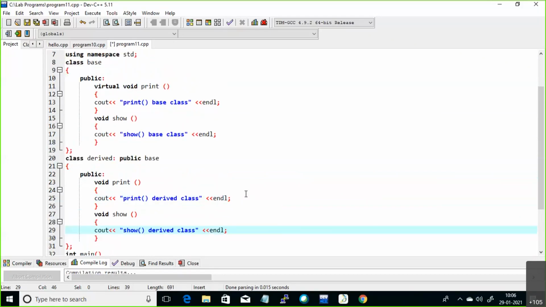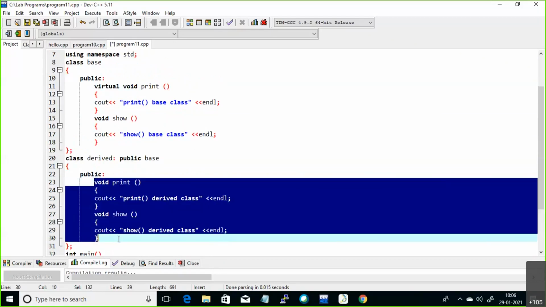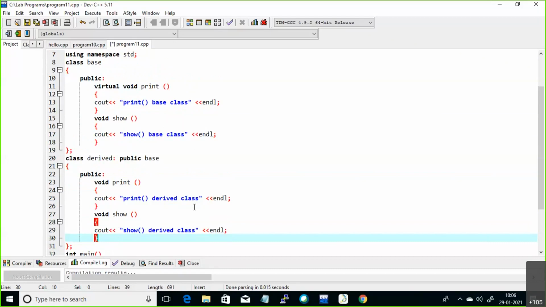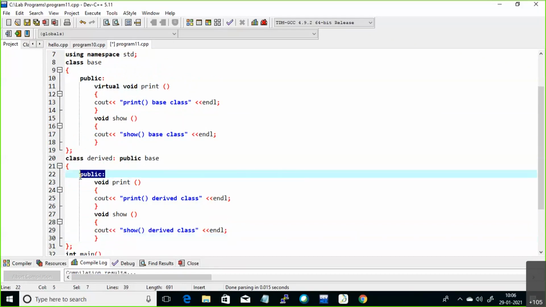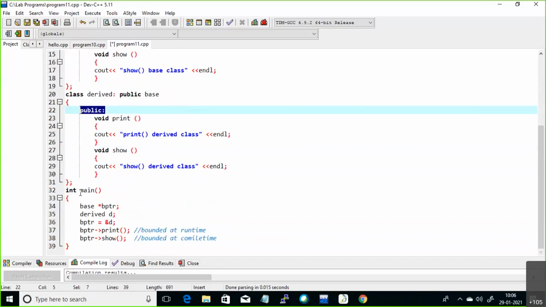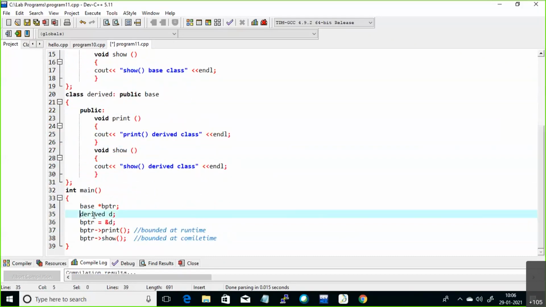Now, if I want to call these methods, first you need to create one object. By using that object reference, you can access the public members. Inside the main function, I'm just creating an object of class derived. By using the derived class object, you can access derived class members and base class members as well.